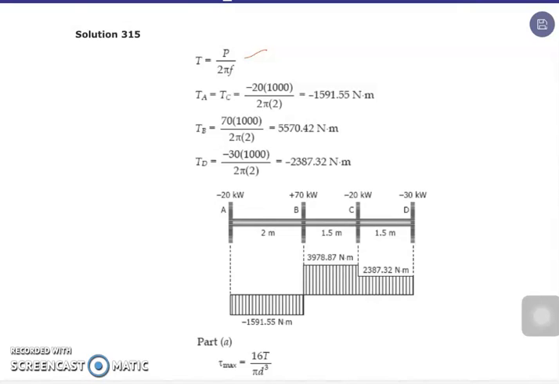The torque at point A and point C are the same since they have the same power, 20 kilowatt and negative 20 kilowatt. If we substitute that into our equation, converting to watts, we get the value of negative 1591.55 Newton meter. And for the torque at point B, that is equivalent to